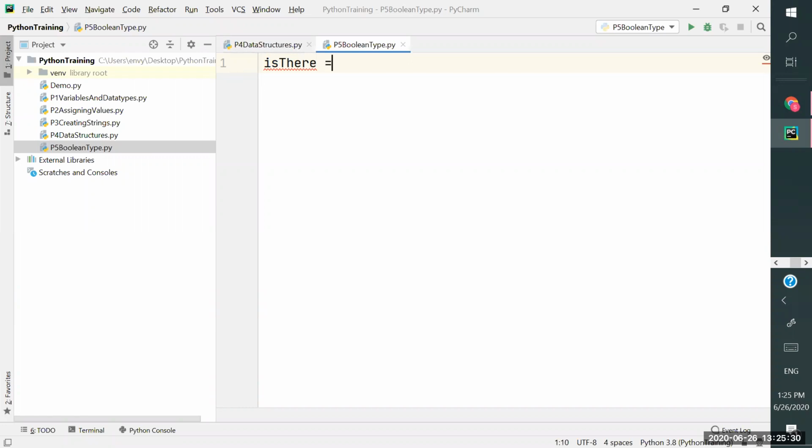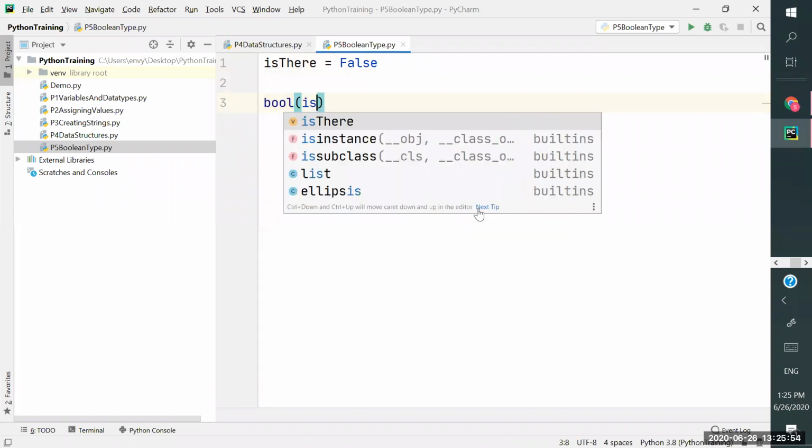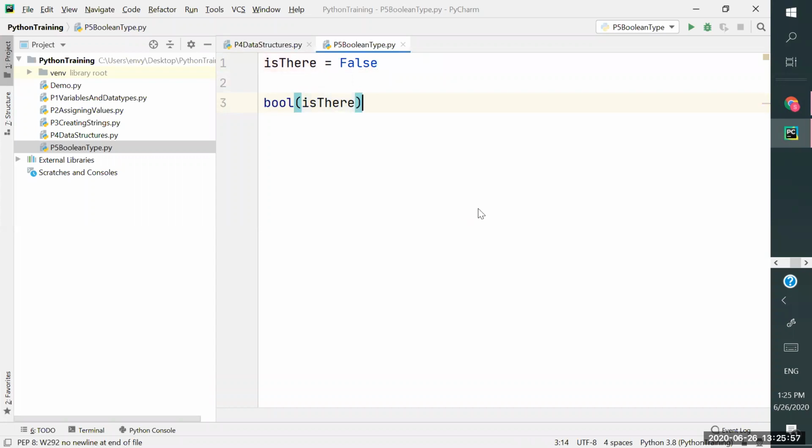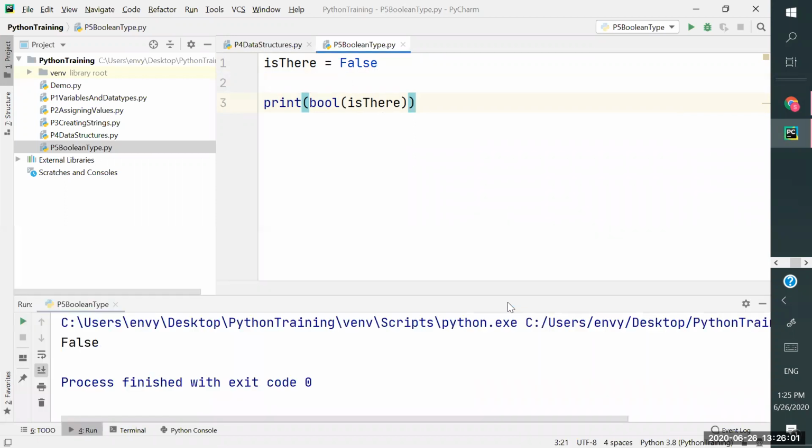some literal keywords, like you can specify true or false values. So there is true, there is false. These two are built in. When it comes to converting values, let's say it's already false and I convert this into Boolean, fine. It is going to give me false. There is no doubt about it.